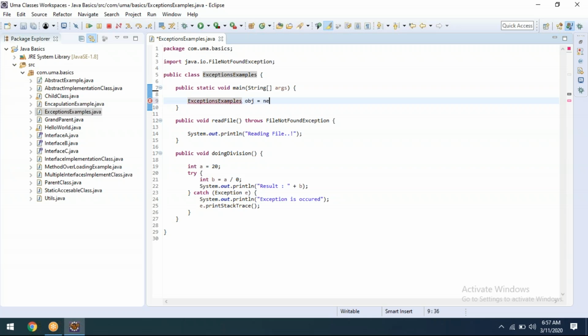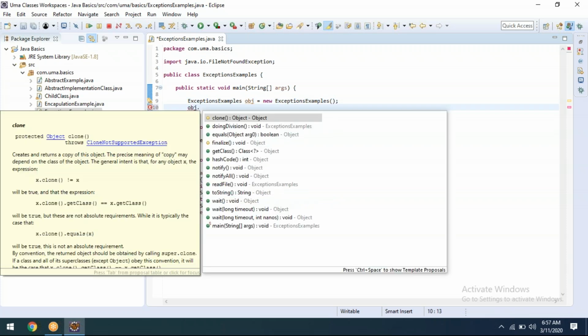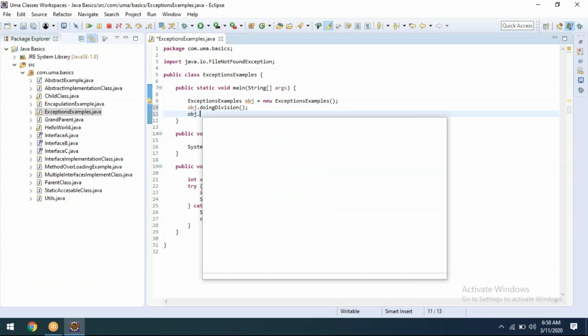We need to create an object using the constructor. Object dot, the first method is division, and another method is read file.